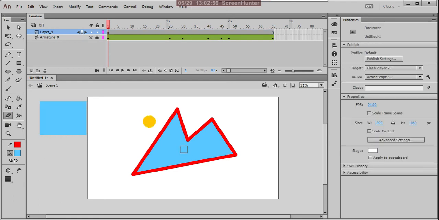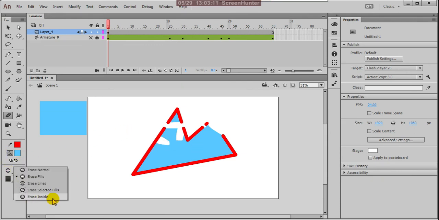So we use the eraser tool. Here we have options: erase normally, with this we can erase normally, and here erase fills, and here we have erase lines. So you can erase only the lines, not the fills. And here this is erase selected fills.